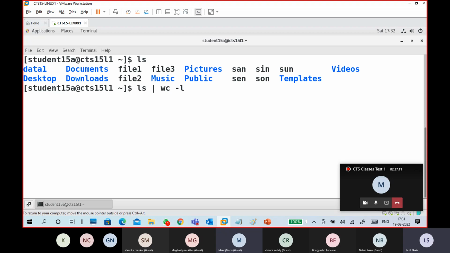I just want to count the lines. Don't think this is one line, this is two lines only. Each word is one line, a single line. It is not displaying in a straightforward way. That's the only thing. Totally 17